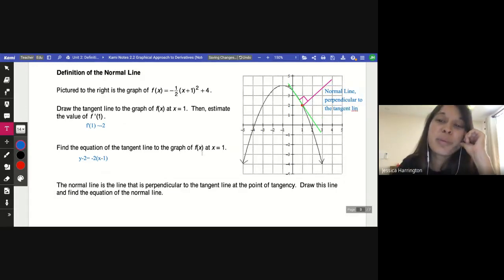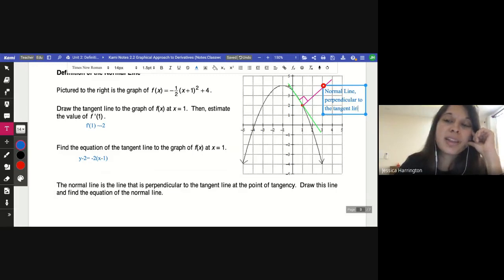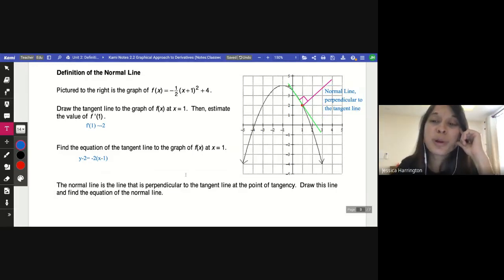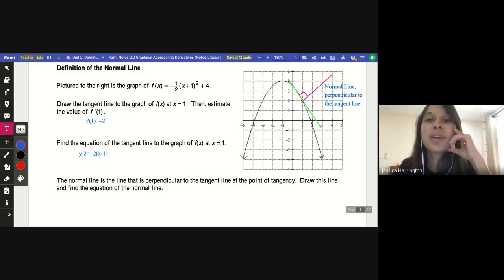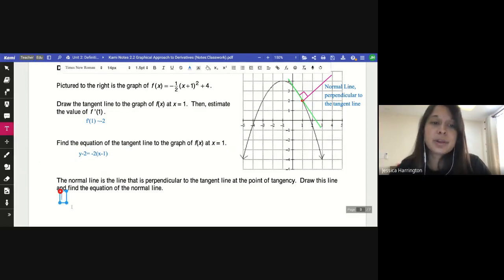So hopefully you remember your rules about perpendicular lines. Can you find the equation to a perpendicular line? Well, remember the slope of a perpendicular line is just the negative inverse. It's the rule you have to remember. Remember, if lines are parallel, they have the same slope. And if lines are perpendicular, their slopes are the inverse and an opposite sign. So what do I mean by that? If we said the slope of this line is -2, so here, slope of tangent line equals -2,